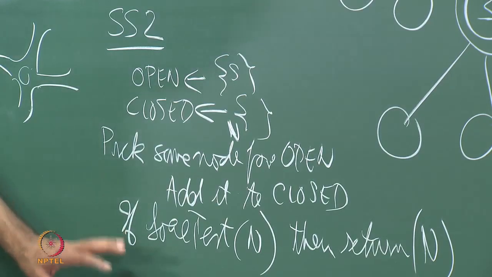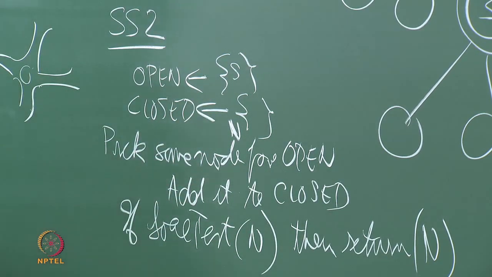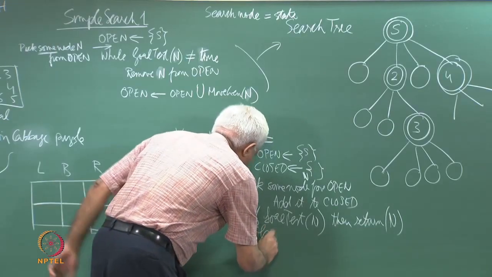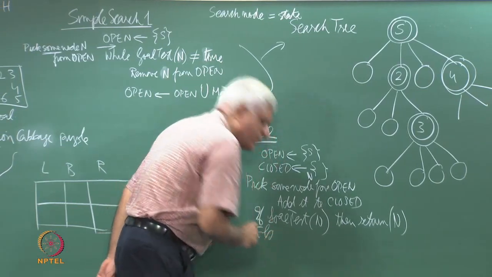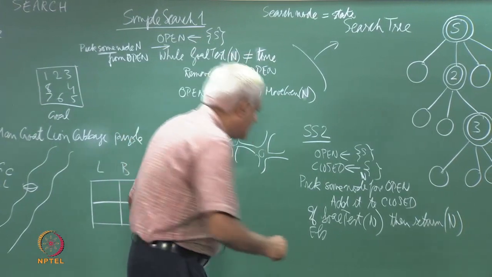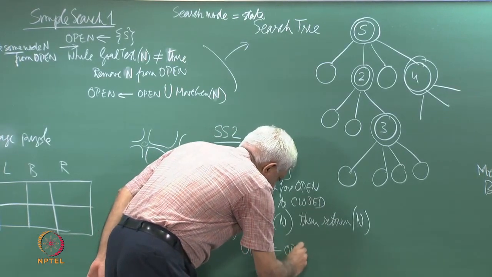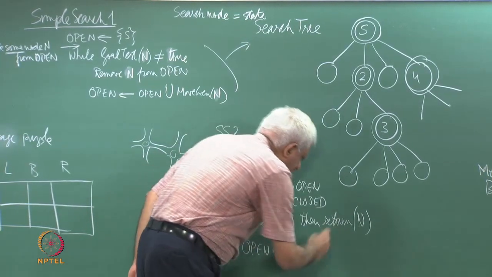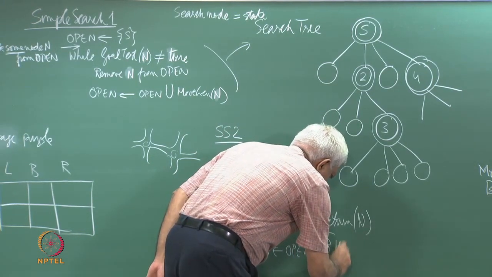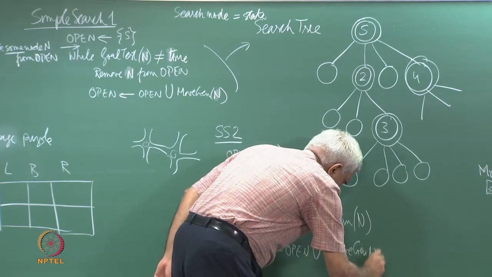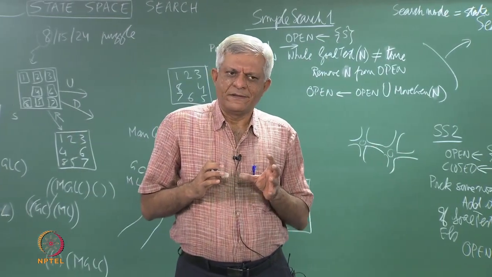I do not know whether you can read this, I should write a little bit more carefully. If goal test n, then return n, that is what I am saying, just return the state, else as before add. So, what should I add to my open now? Union what? MoveGen n minus anything in closed,